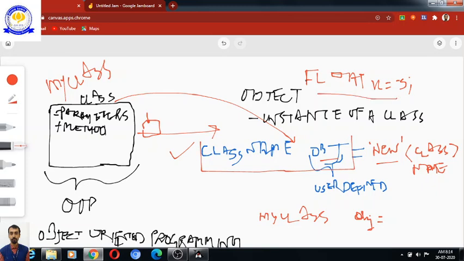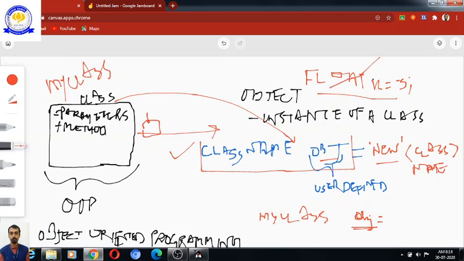There are certain properties because of which this particular object is also like this x, it belongs to some data type.